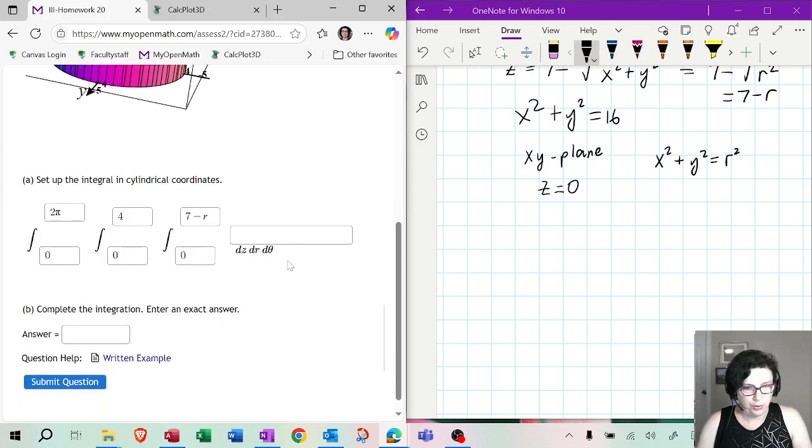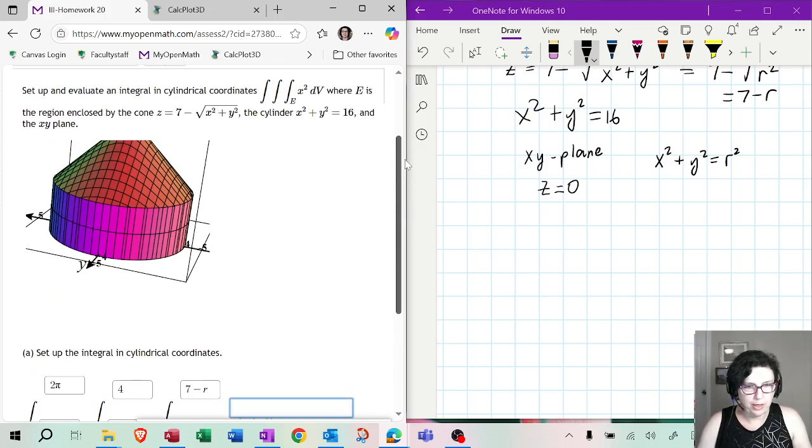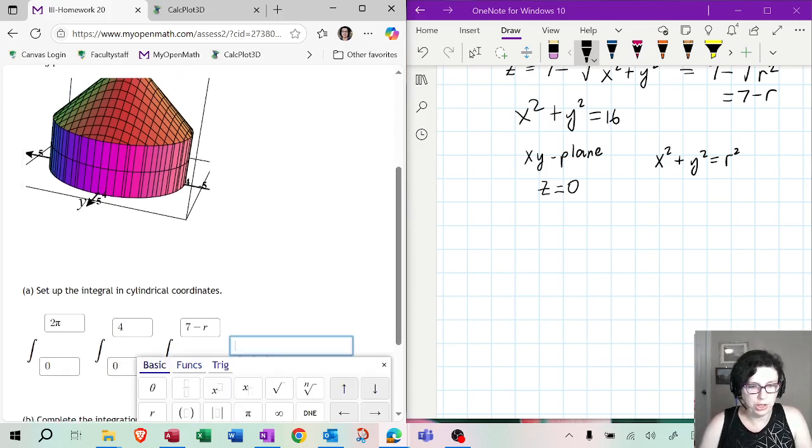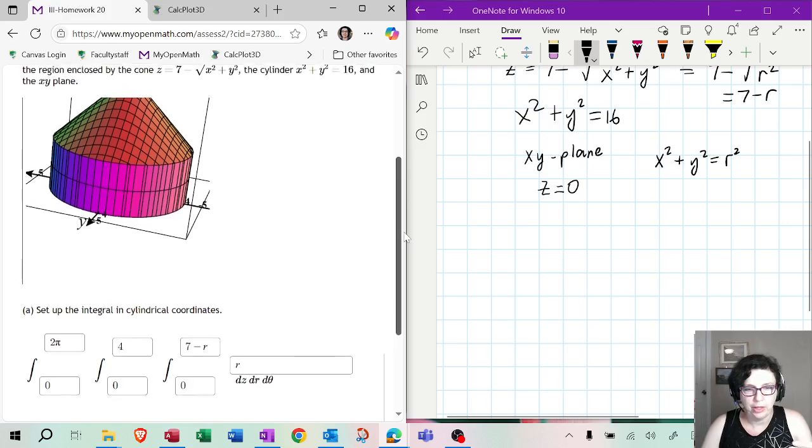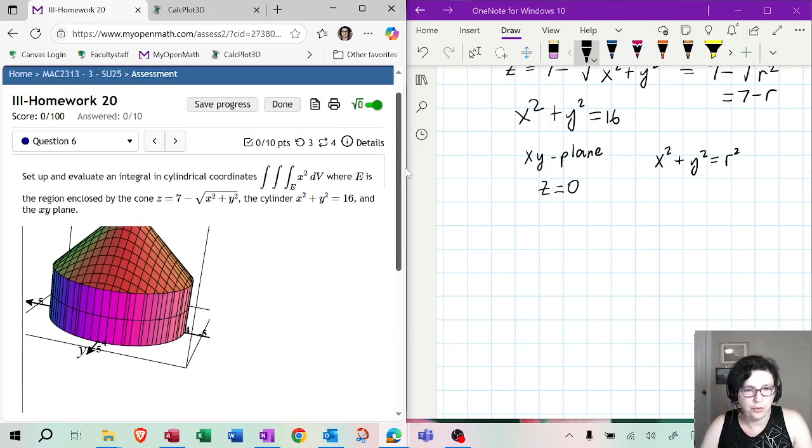Okay, so now what are we going to integrate? Normally, if they say find the volume, then that would be just integrating 1, but multiplying it by r. And r is this extra, what they call the Jacobian. I always tell my students to remember that the pirate says r so that they don't forget that there is an extra r here. It's always going to be there. It just kind of comes out of nowhere, but it comes out of going to a different set of coordinates.